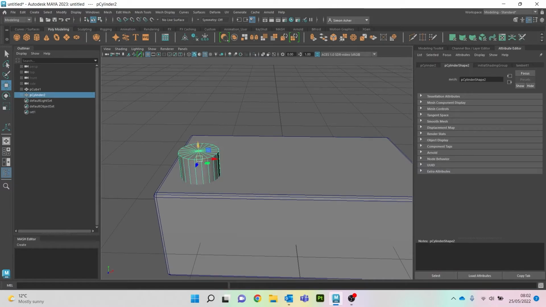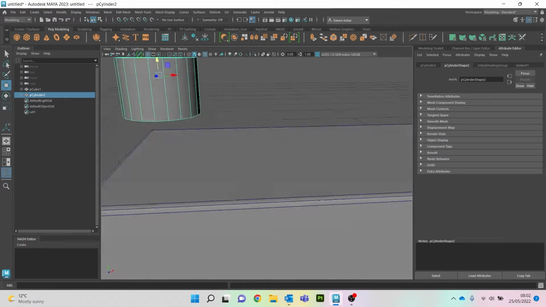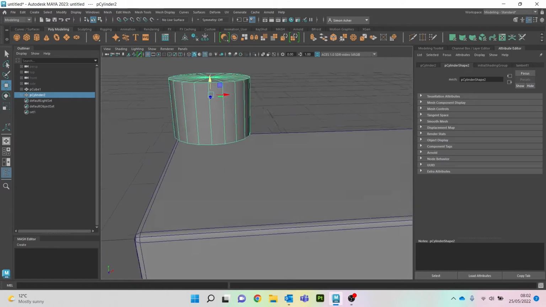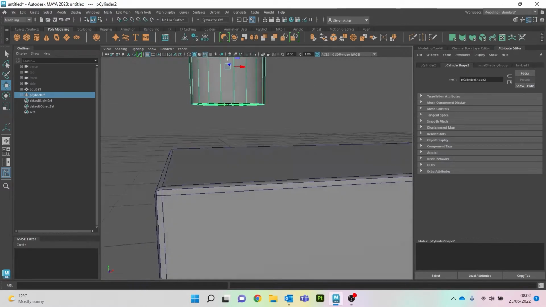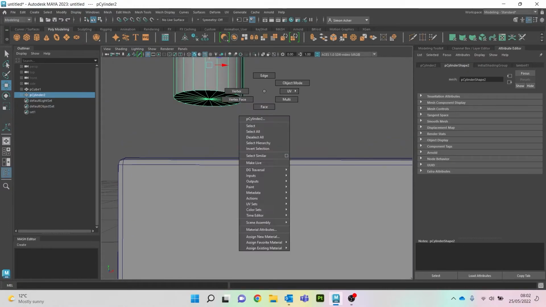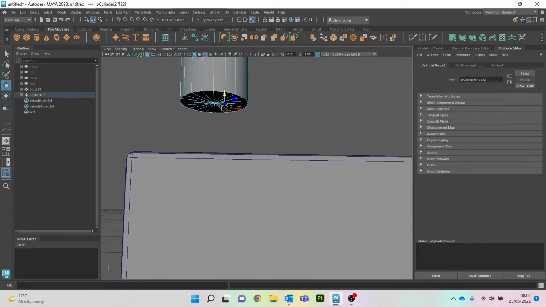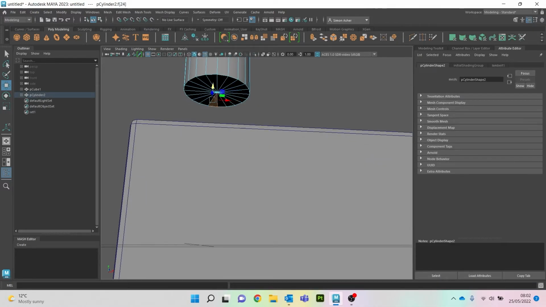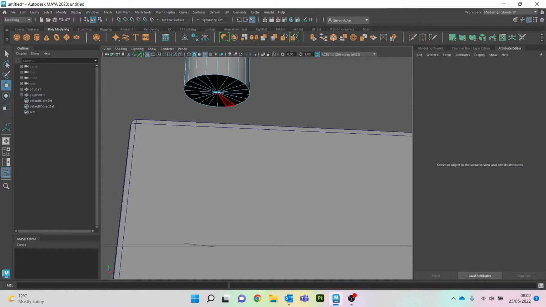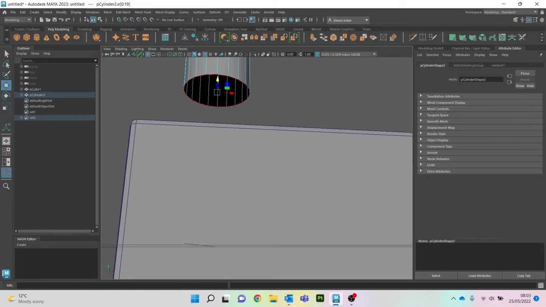So I'm going to make sure I've got move selected, drag it up a little bit, and then because I know that's the right sort of shape and size now, what I'm going to do is bevel the edges. So actually the first thing I will do is right click, go to face, and if I hold down, I can just select each face individually like that, and then hold shift and select them, or if you hold down tab on your keyboard is my paint selection, so I can drag and paint those. And I'm going to do control backspace delete,